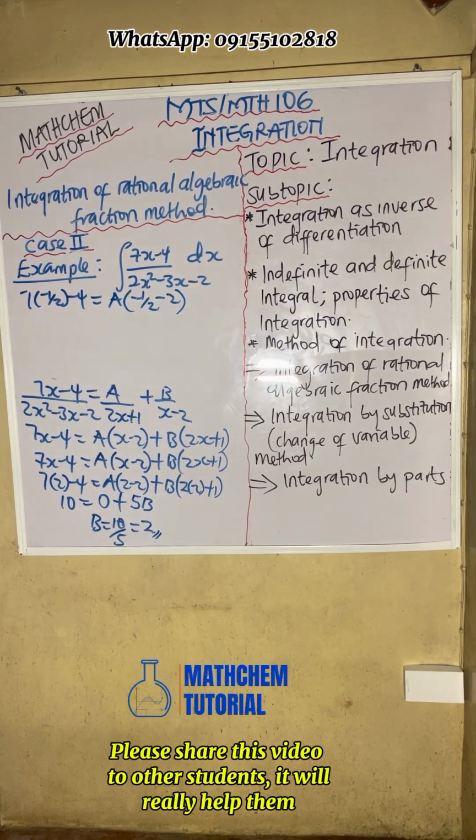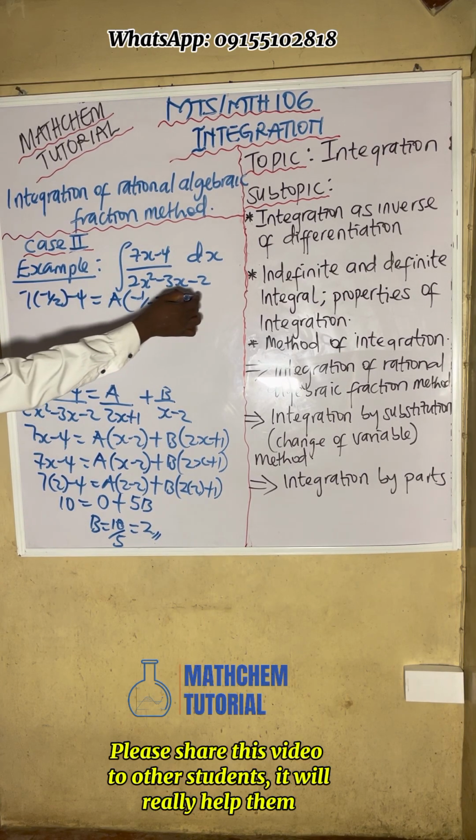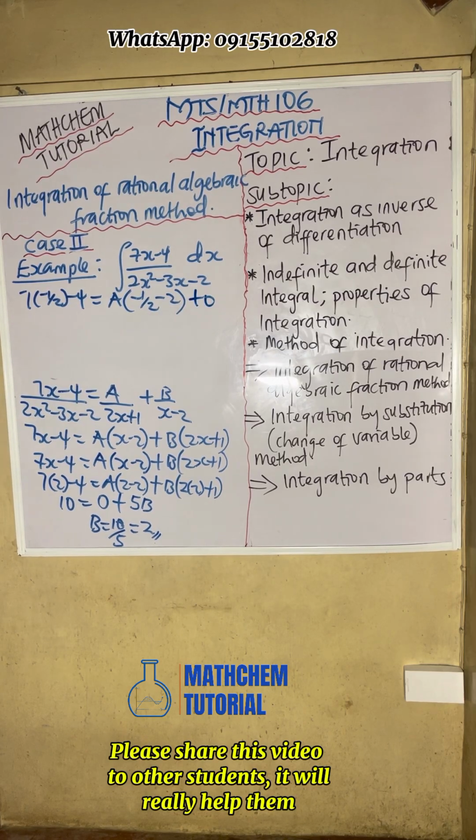So for me, if I put minus 1 over 2 here, I will still get 0. I will get 0 for this b. So I don't need to put it there. Let me just add plus 0 here. Let me add plus 0 to this place. So resolving this,